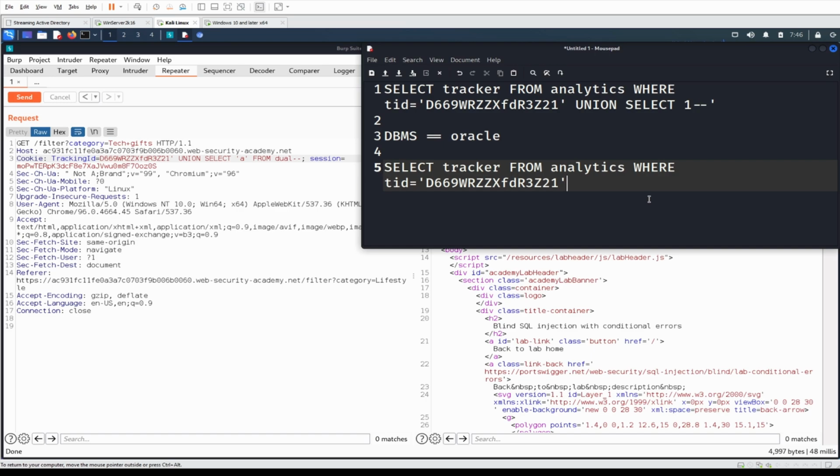So we need to do a subquery, and to do that, we can concatenate the 2 strings, okay? So again, this is our injection point, and we will do concatenation, and then we'll do a subquery, and then we'll concatenate back to the original query. And then in here, we want to do something that will check the password length. We can do select, I think this is the syntax, case when the length of the password is greater than 0 or greater than 1. We'll do 1. Then